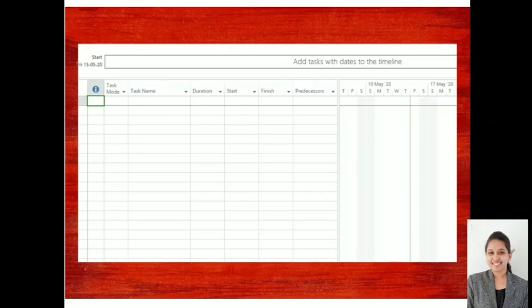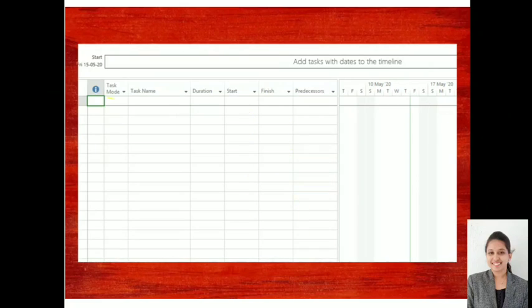So here you are able to see, here you will enter the task name, and here you will be entering the duration. Now when we enter this task name and duration, how exactly do you give your start date and end date? There again you can make it auto, or you can manually feed the start date and end date.